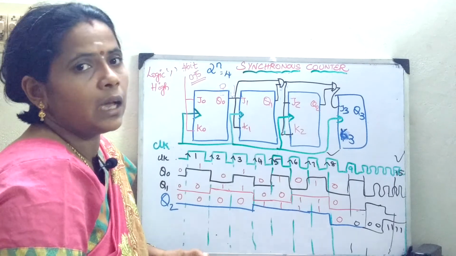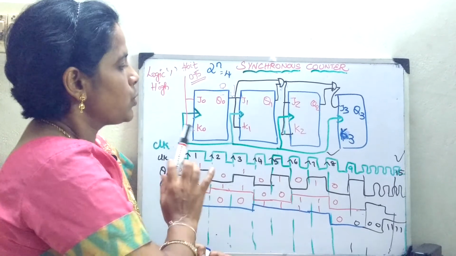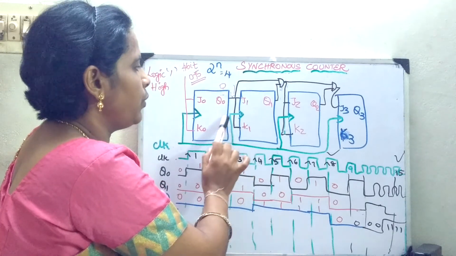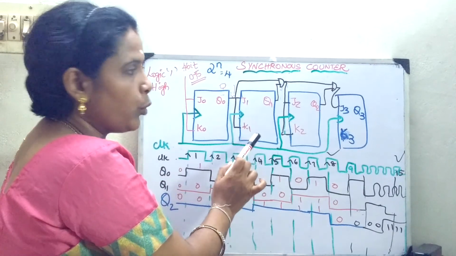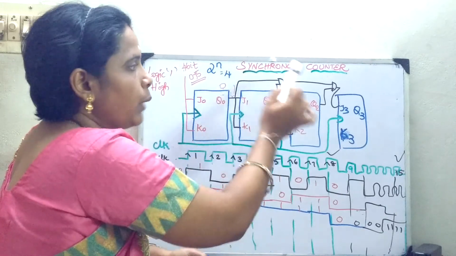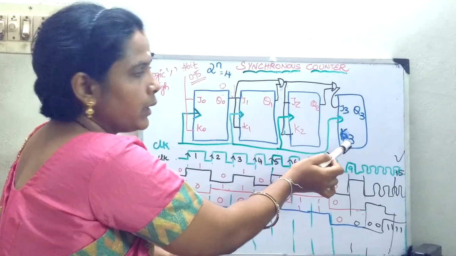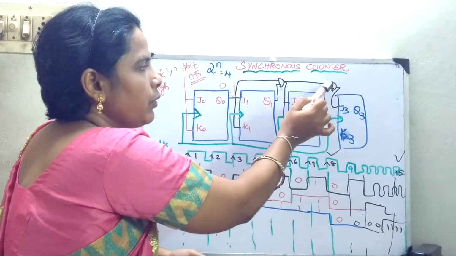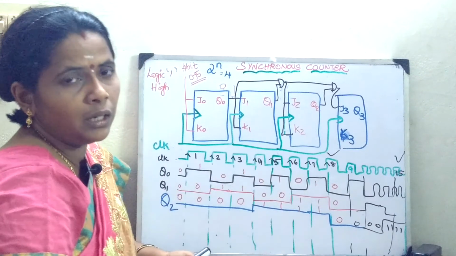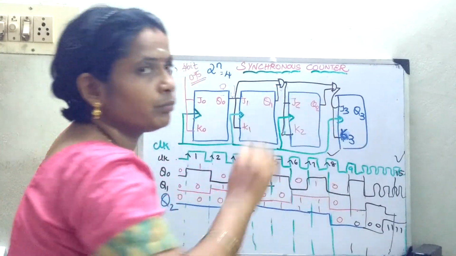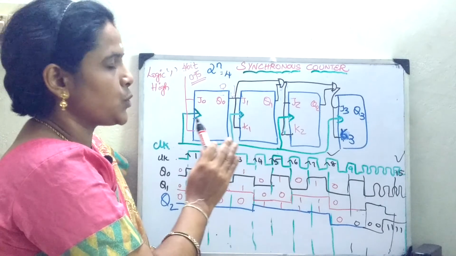Okay. So with this I will end today's session. For a 2-bit counter, you just give the output of the first flip-flop directly to the inputs. If I use it as a 3-bit counter, I use the AND gate for the previous 2 outputs. And when I want to extend it to a 4-bit binary counter, I have to take the output of Q2 and the previous output, and connect it to J3 and K3. Okay. So this is just for understanding.